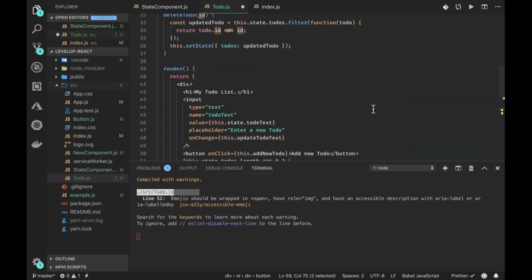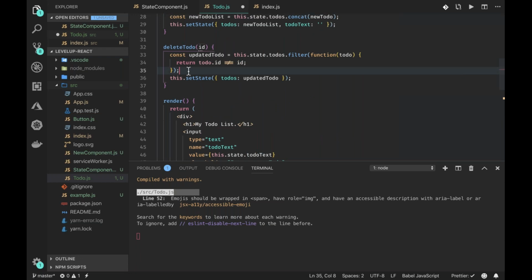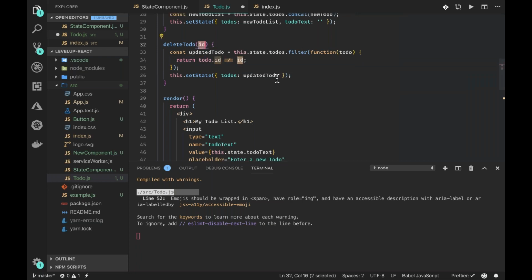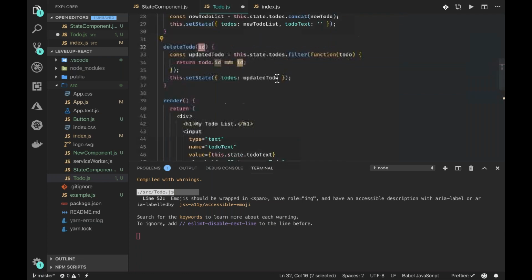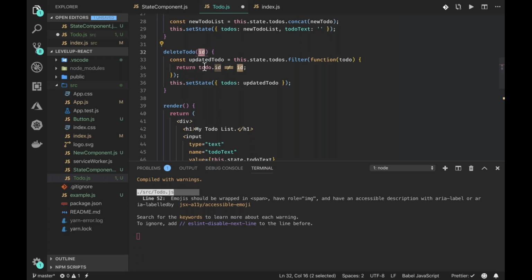When we come here, we're filtering. Basically, what filter does is that it will loop through your array and return all the items that match the condition. So we're saying give me all the items where the to-do ID is not equal to this ID, that is the ID we got. So say the ID is Chudi, we're saying give me all the to-dos where the ID is not equal to Chudi. By the time we're done with this loop, we have a new array that does not have Chudi. And we're just setting our to-dos to the updated to-do. So we save,